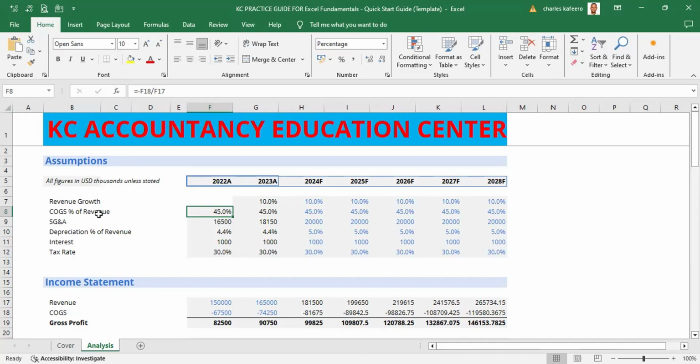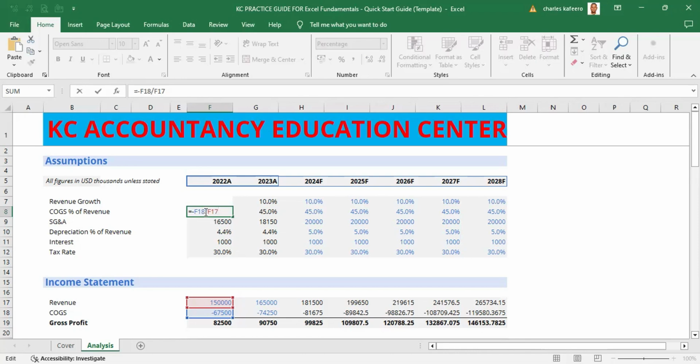Now, one of the first ways that we could audit is just to move into that very cell, because we are in cell F8. We can go in that cell by using the F2 key. If you hit the F2 key once, it's going to go into that very cell. And actually we can see that these values are connected from this point. You can see that it is F8, F18,